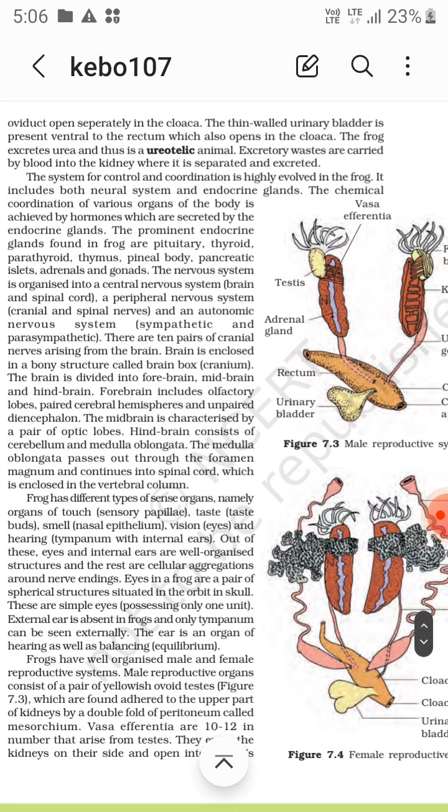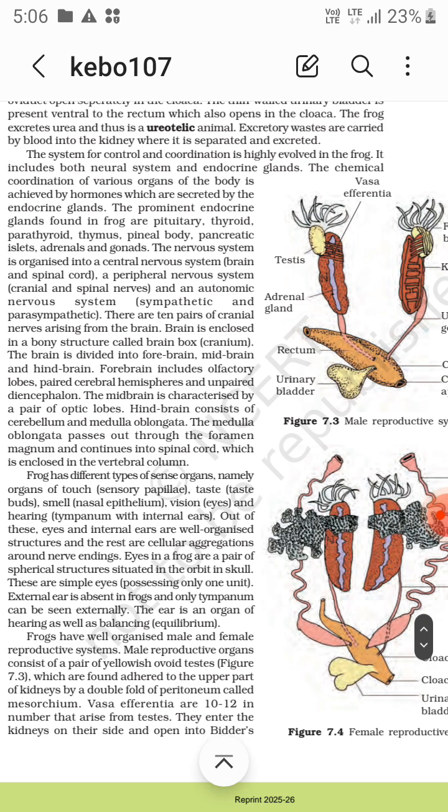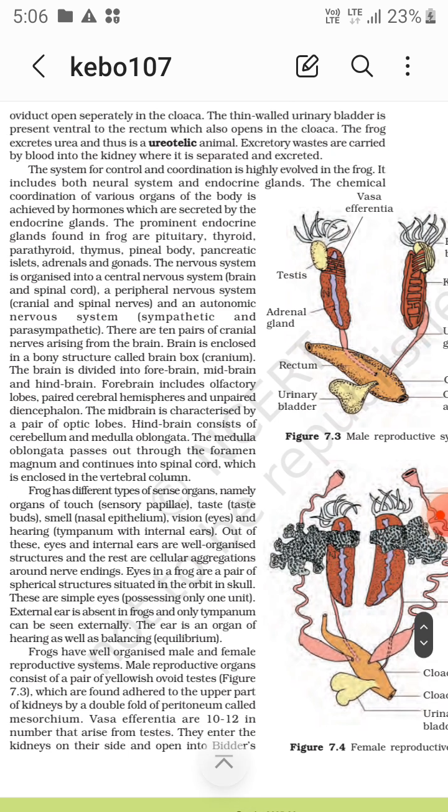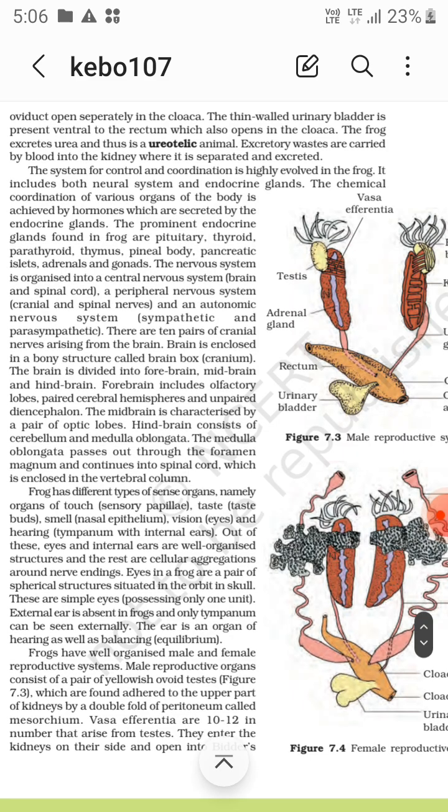Now the next thing is that the system for control and coordination is highly evolved in the frog. It is not underdeveloped. It includes both the neural system and endocrine glands. The chemical coordination of various organs of the body is achieved by hormones which are secreted by endocrine glands. The prominent endocrine glands found in frog are pituitary, thyroid, parathyroid, thymus, pineal body, pancreatic islets,